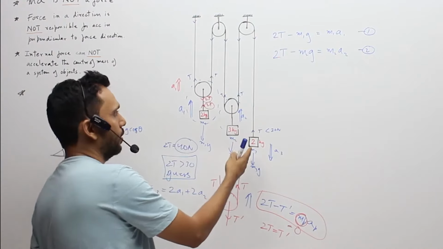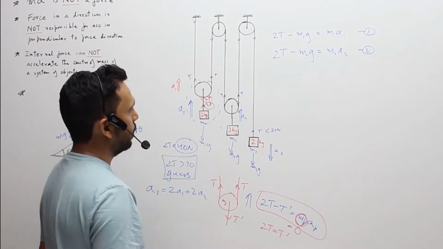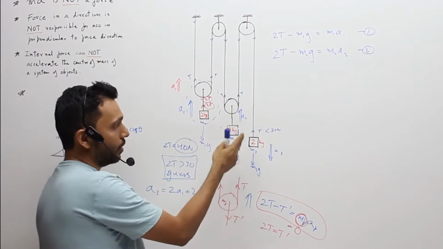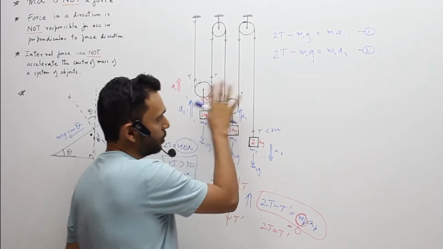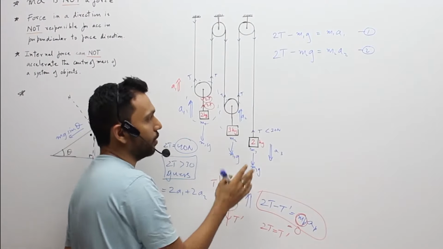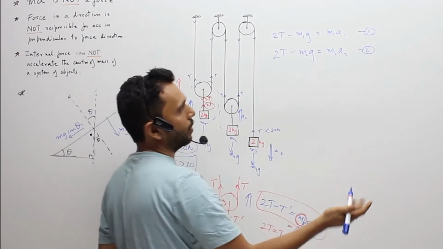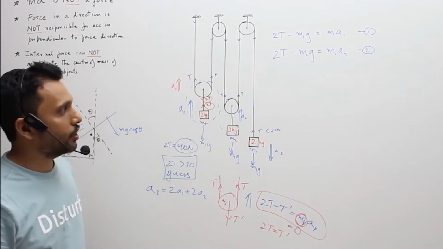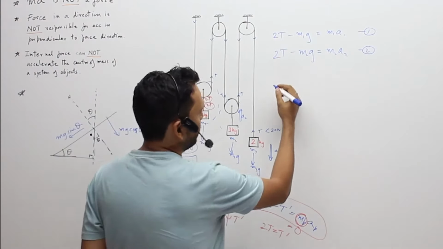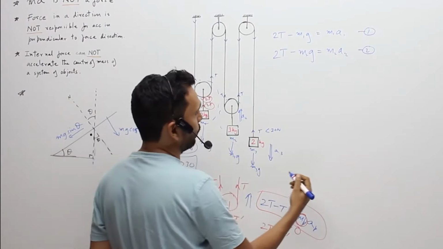So with a lesser weight, if this is what is happening, you are able to lift so much of mass, 2 and 3, totally 5 kgs, with a lesser weight. So again, that gives you a good hint whether that can happen or not happen. You can write energy equations to find, but we are not on to the energy and power chapter yet. So sticking to this and writing the equation for this body, what we get is